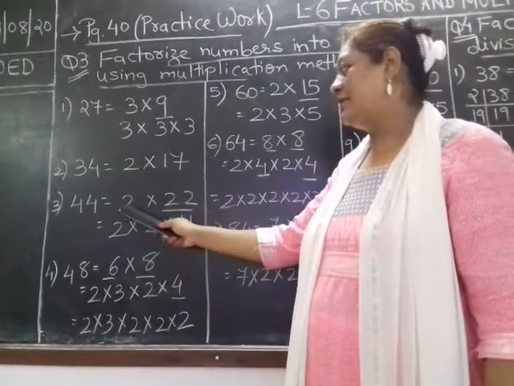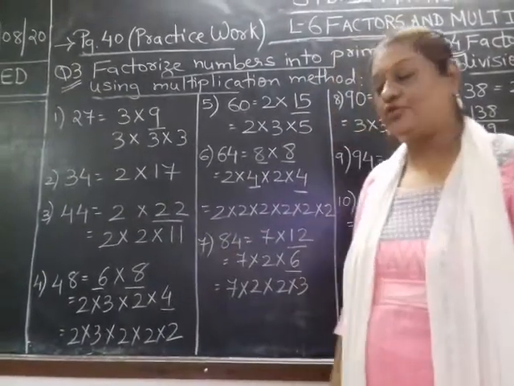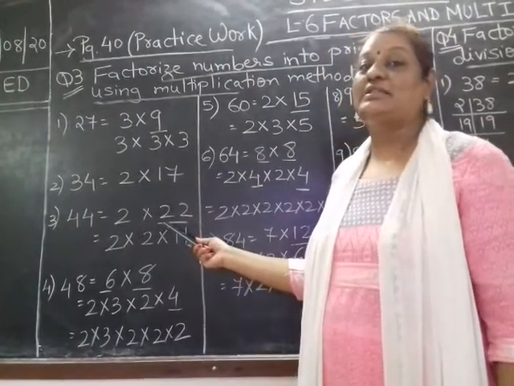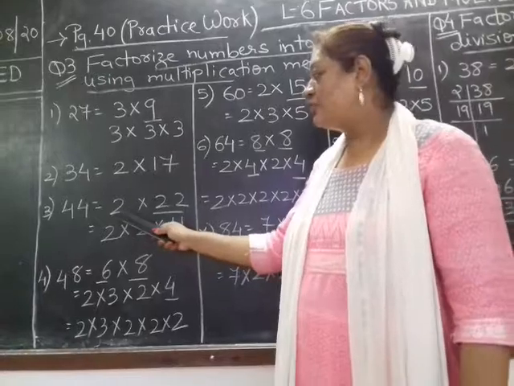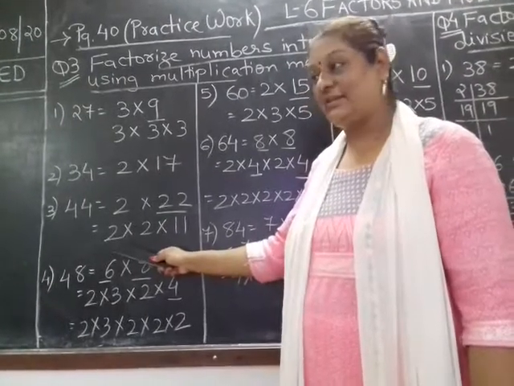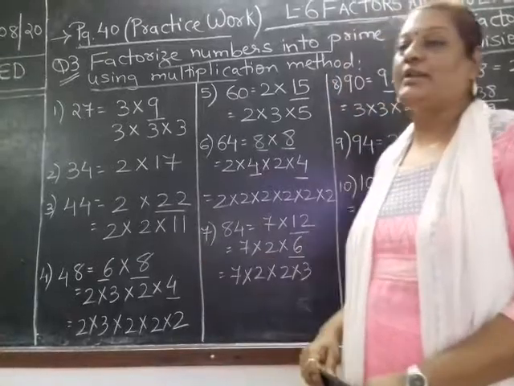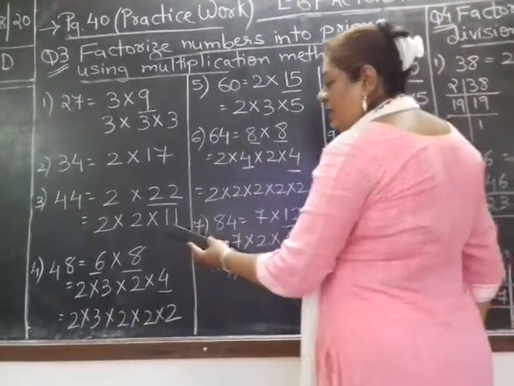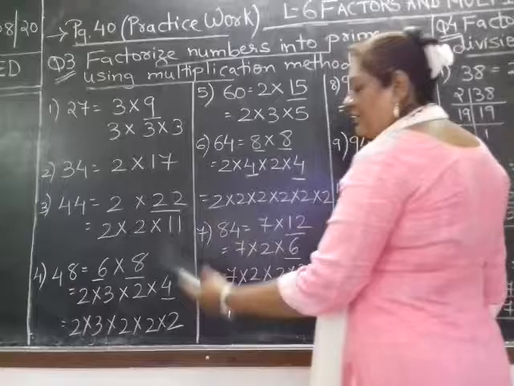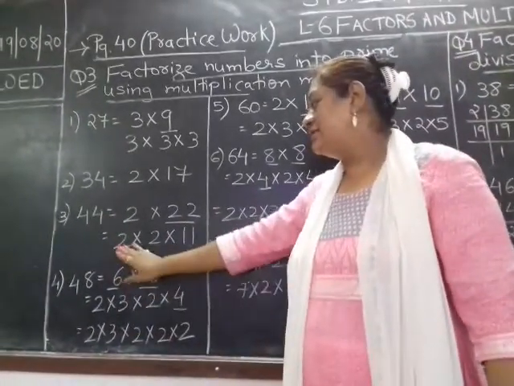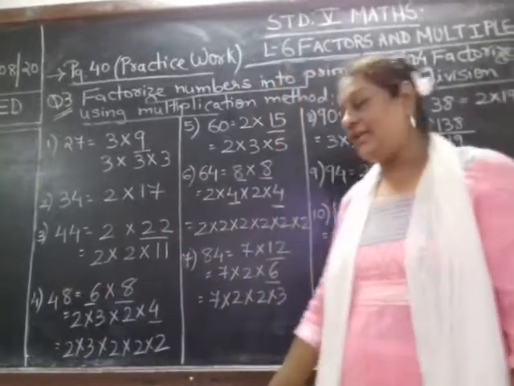Now 44 comes in the table of 2 22s are 44. Out of 2 and 22, I had underlined 22. That means it is a composite number. 2 is a prime number. Keep the 2 as it is. Now convert 22 into prime. Which two numbers will multiply to get 22? 2 into 11. Now 2, 2 and 11, all three are prime. And when you multiply, you will get the same answer. That is 2 2s are 4, 4 11s are 44.